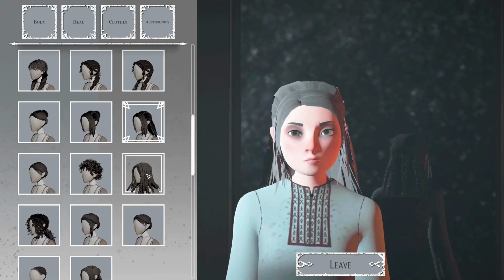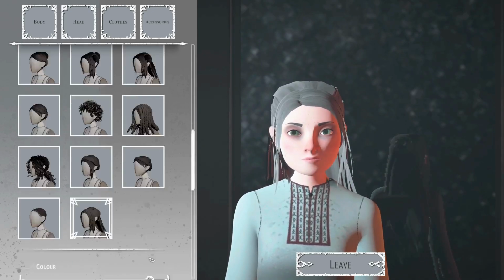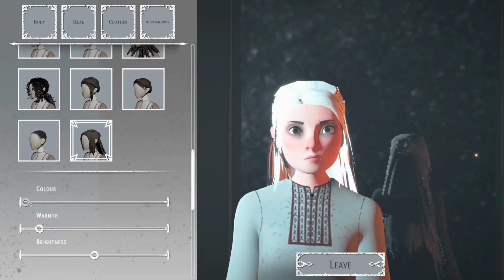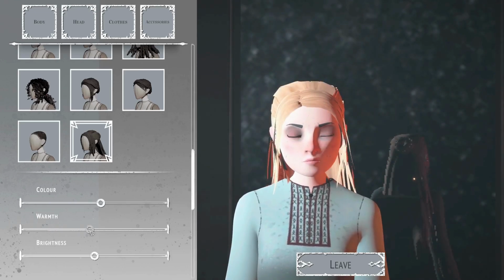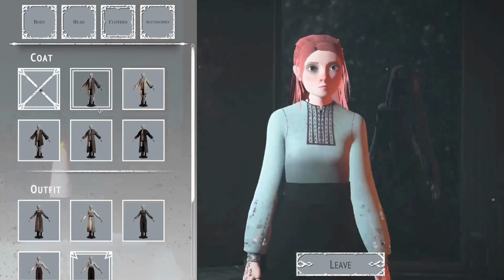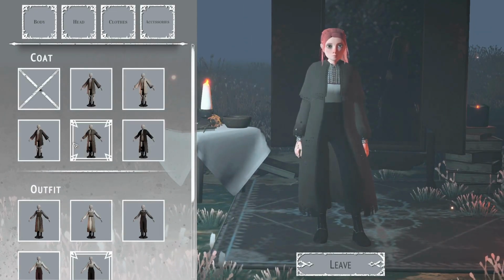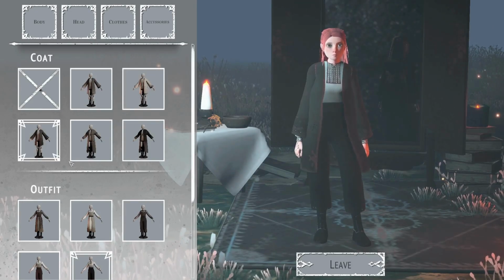The sense of atmosphere is enhanced by the game's fantastic sound design. The ambient noises of the forest, the creaking of your walking house, and the soft melodies of the game's soundtrack all work together in harmony to create a deeply immersive experience. The music is steeped in traditional Eastern European influences, with folk instruments and haunting choral elements that perfectly match the